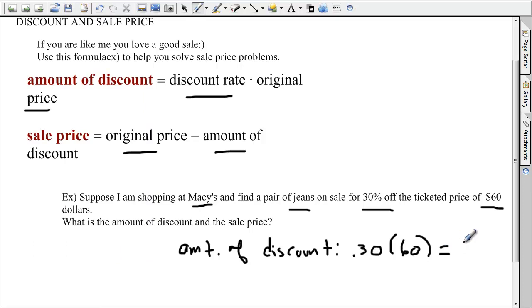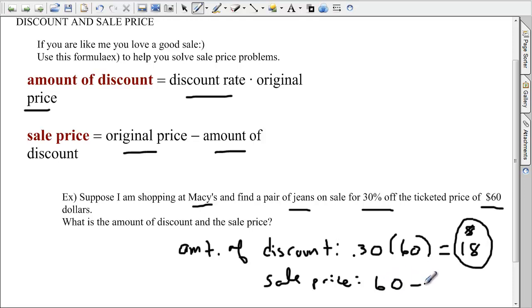So the amount of discount is $18. Okay. The sale price is going to be your original price, which was $60, minus that $18, which will be